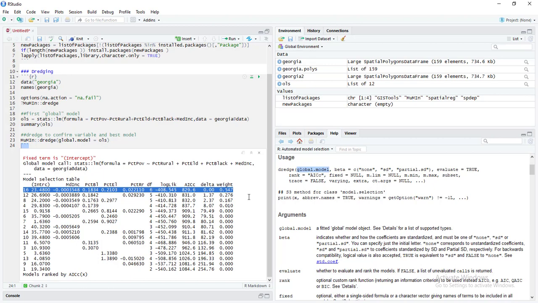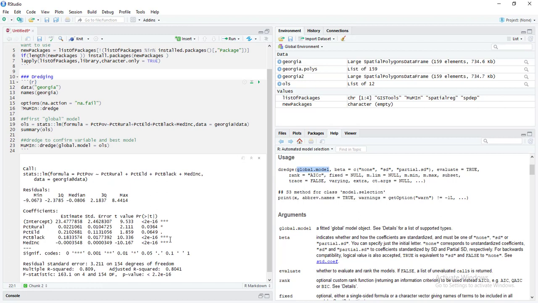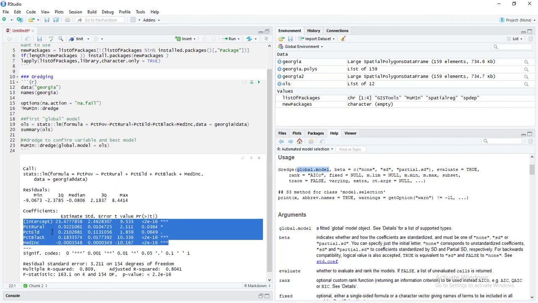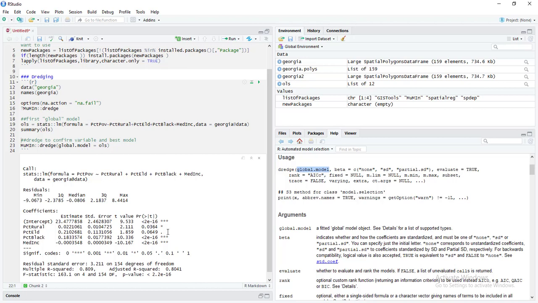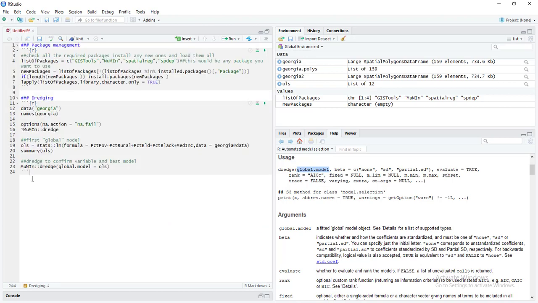So we actually do have a little bit of confidence here that this model will work well going forward for us. So just to recap with the summary of what we actually had here, this is the coefficients table, and you can see again, they're all mostly significant. And we can see that percent elderly and percent African American do seem to have the highest estimates. So there's that. So the next question then becomes, what do we do in terms of spatial,